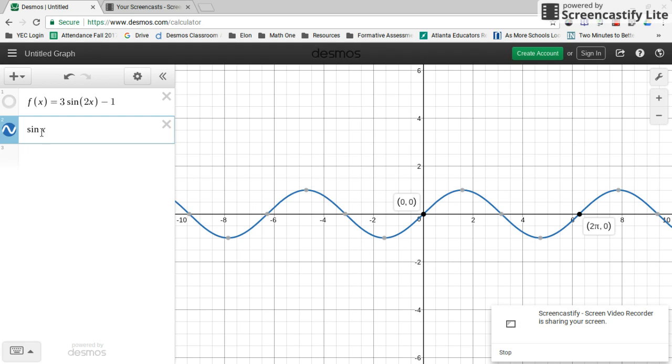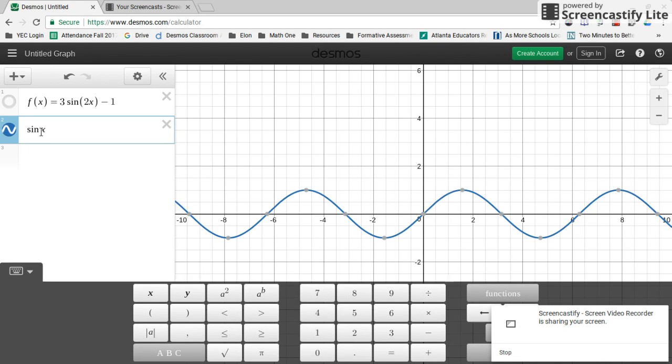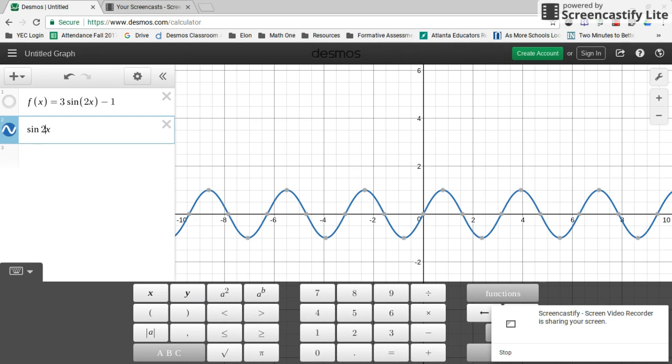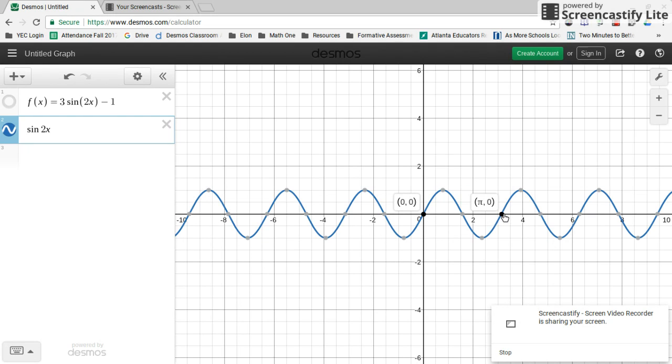So we ask ourselves naturally, what happens if I change that to a 2? If I change this to a 2, I will now have 2 cycles between 0 and 2 pi. So here it goes. Sine of 2x, you notice the compression. Now I have 1 cycle. See how 1 cycle ends at pi? That's 1 cycle. And the second cycle will end at 2 pi. Thus, it makes sense that the 2 is your frequency. You now have 2 cycles between 0 and 2 pi. Okay? So far, that's very helpful for your B value.